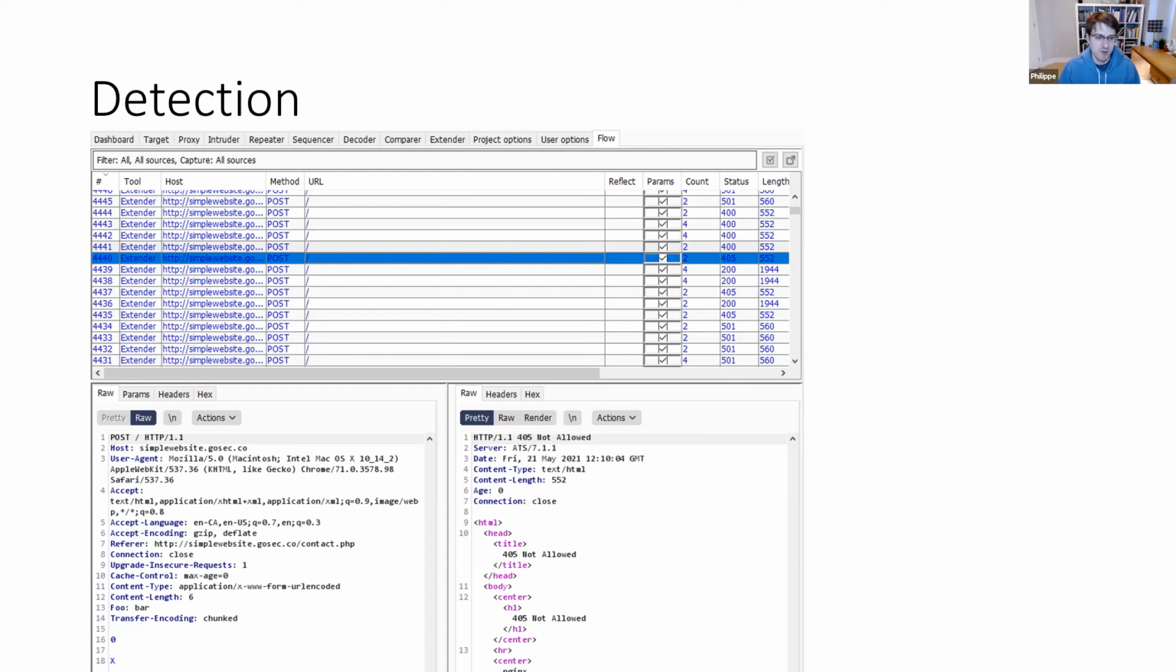So, for example, if I'm sending one character that is longer than what the backend will see, then at some point it will create the method XGET or XPOST on your request, and with this you will receive 405 not allowed. So when you look at the flow